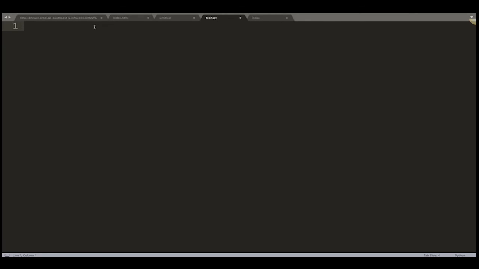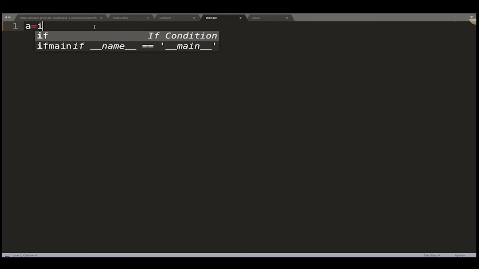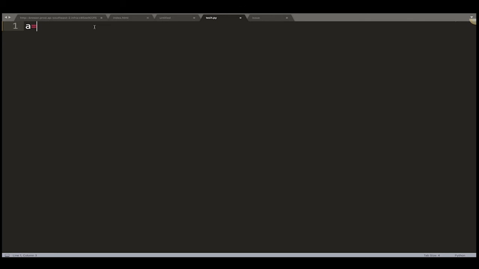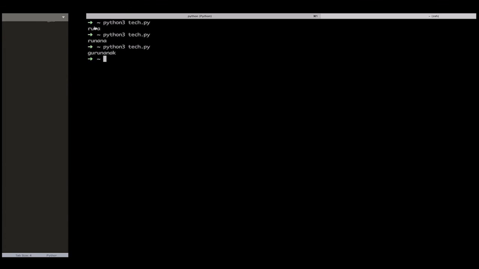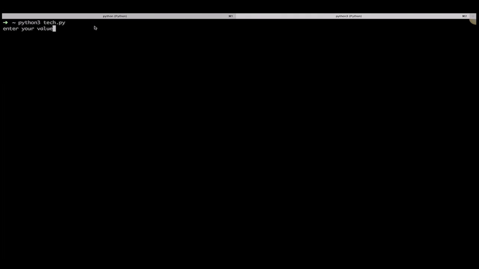Okay, so let me try to give you the type error. Let's say a is input, enter your value. Okay, and if we print that value, print a, and if I run that command, I run 10.